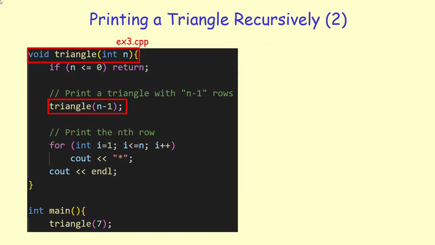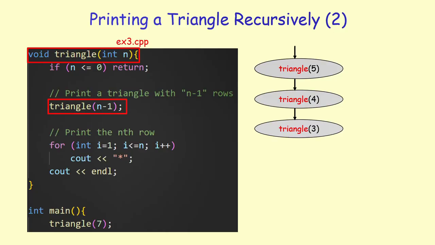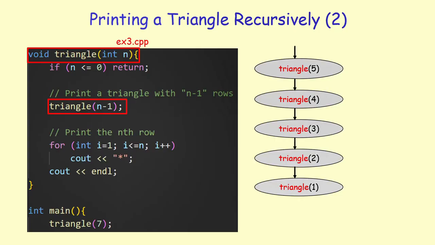Let's now run this recursive function to print a 5 by 5 triangle. The initial call is triangle 5. The problem size is 5. It's not the base case. The first thing that we do is call triangle, but reduce the problem size by 1. So let's first print a triangle of size 4. That's still not the base case. So we are going to make another recursive call, but this time the size of the triangle is 3. Then it's going to be 2. Then it's going to be 1. And it's going to be 0. So 0 is our base case, remember.